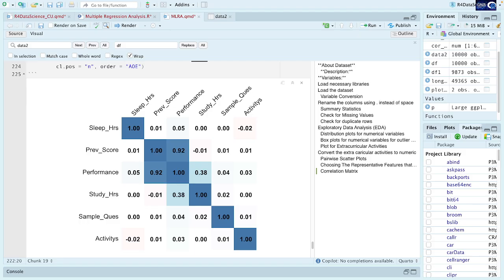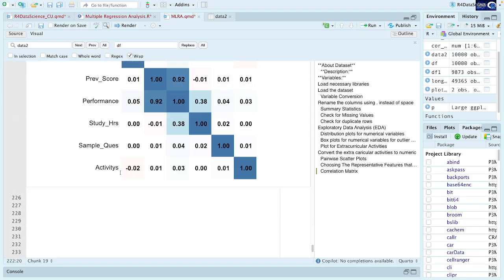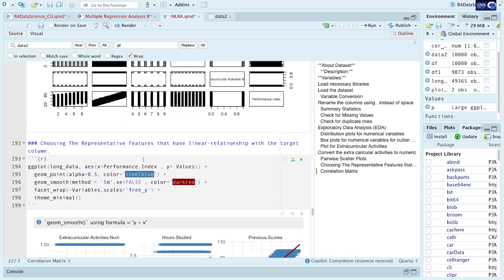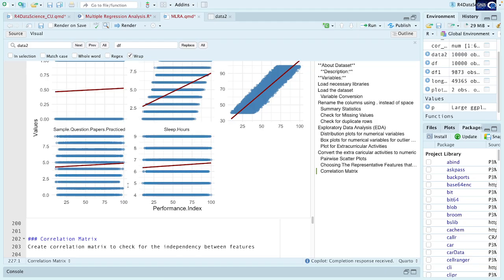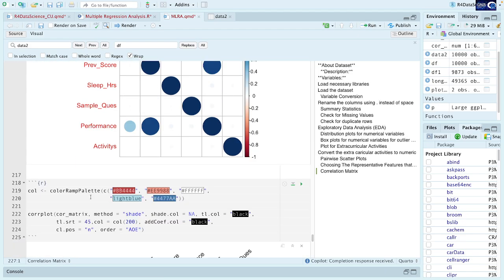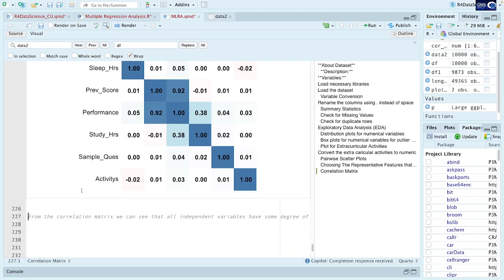Okay, so this is one thing, and now we can do one more thing. So we have checked the correlation and the linear relationship of the features, and then we have checked the correlation. We can also